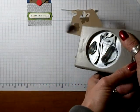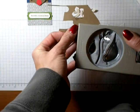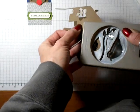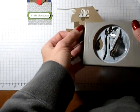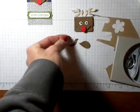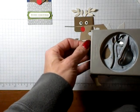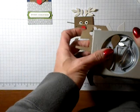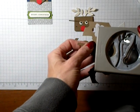And then you punch that, and we don't need the whole brown wing. And then slide your cardstock over, and you'll see your gap right here. So slide your cardstock in just until it clears that, and then punch, and you'll get that shape. And you want to do that twice, obviously one for each ear. So slide your cardstock in just until you see it poke out of there, and punch. And we don't need the brown, and then slide your cardstock over,